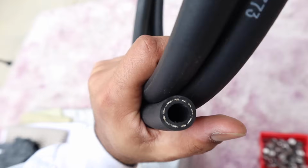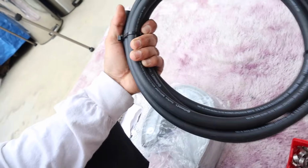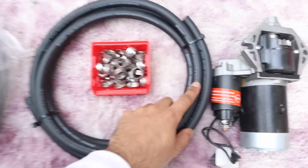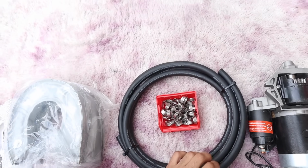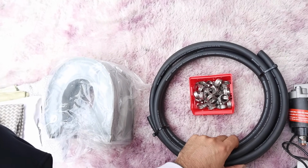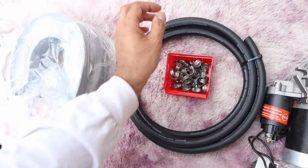It's rubber with steel wire reinforcement, and it's push lock. It's very, very nice. This is good for very high PSI, up to 300 PSI it says. And for temperature rating, this can pretty much go, I believe, to 250 or 280, no problem, all day long. It's very good stuff. It won't let you down,